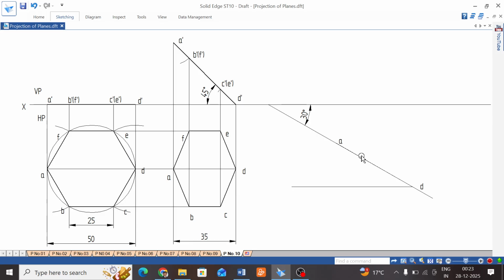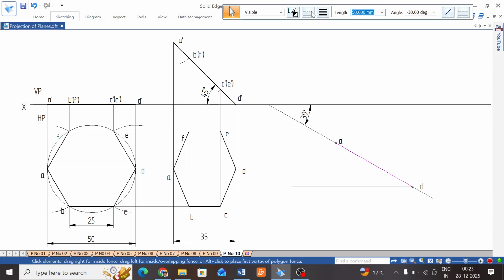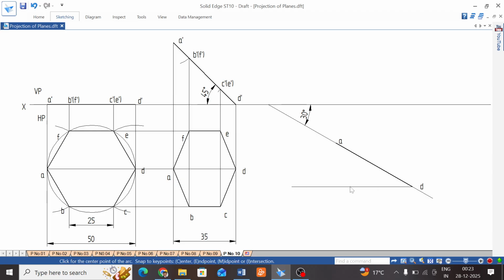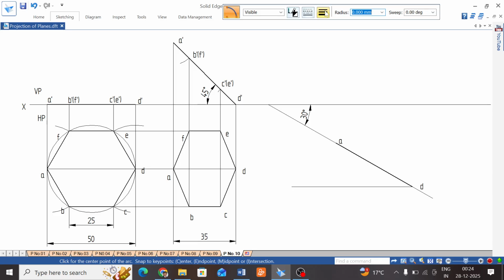Okay, if you have confusion, just make it dark line for this AD first. Okay, AD, and next this AD, use compass, cut this locus by 33 mm. 33, A is the center, 33 radius, you cut it